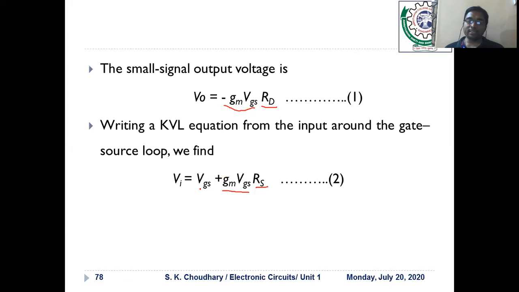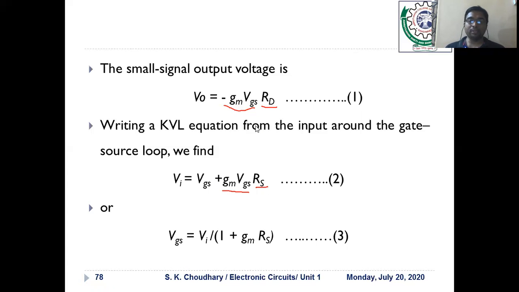So what is the value of VGS here? VGS is equal to VI upon 1 plus gm RS. So the actual voltage appearing on the gate terminal would be less than the input voltage generated by the AC voltage source by the factor of 1 plus gm RS. I have told you, by including the RS, your input voltage is decreased. So obviously your output voltage value would be less and your voltage gain would be decreased.